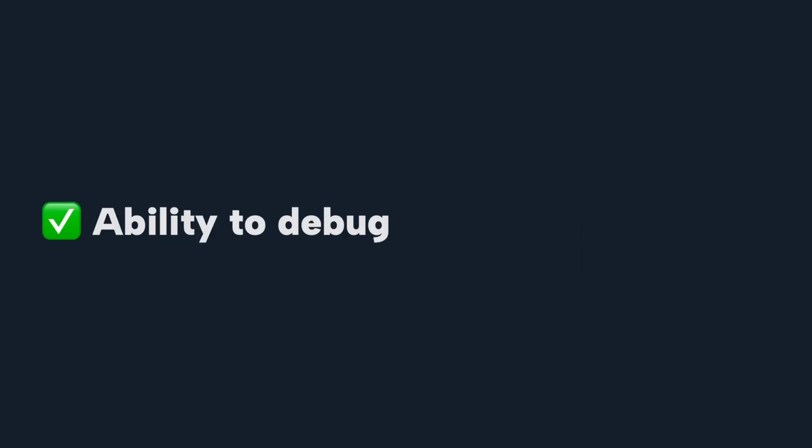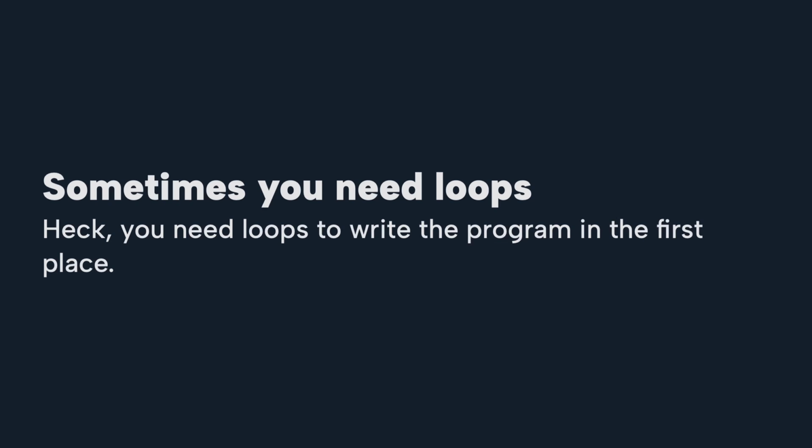And the last one is, it's so good to have the ability to debug again. Stack traces when stuff goes wrong, when API calls break, all that kind of stuff. It's good to see it. But also just to get a holistic understanding of what the agent was trying to do when it understood the operation. So you can just see it start to finish, which is nice. But look, at the end of the day, sometimes you still need loops. Heck, you also need the loops to write the programs in the first place. So yeah, got me there.